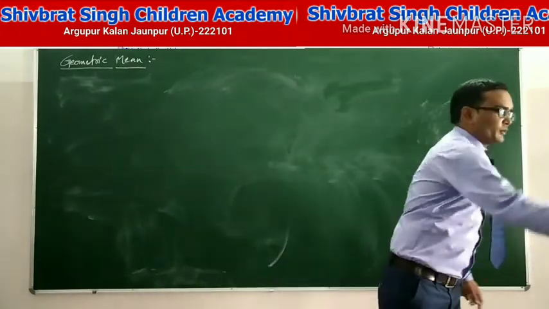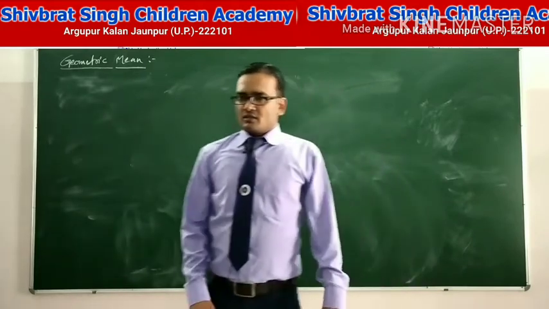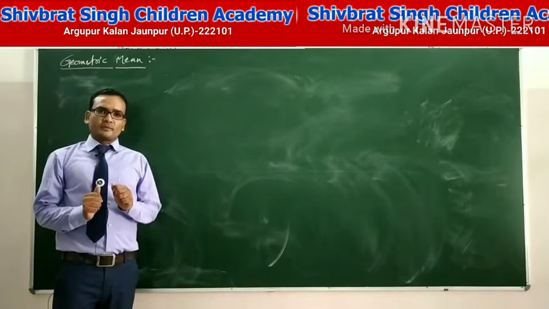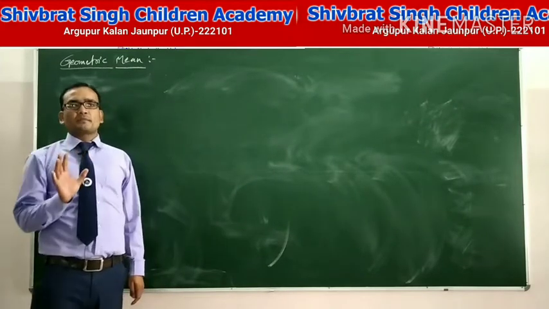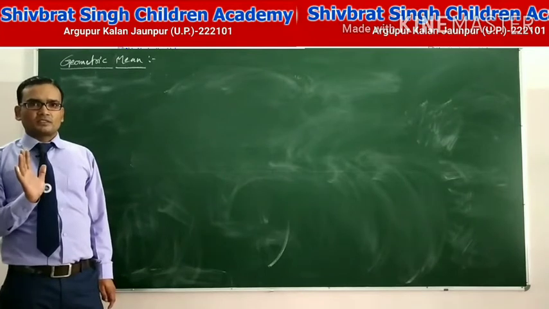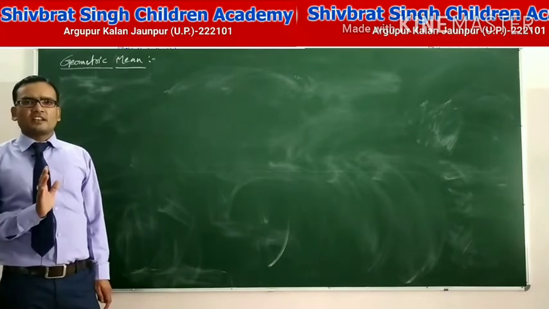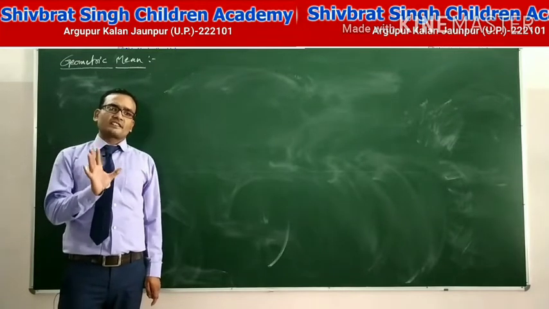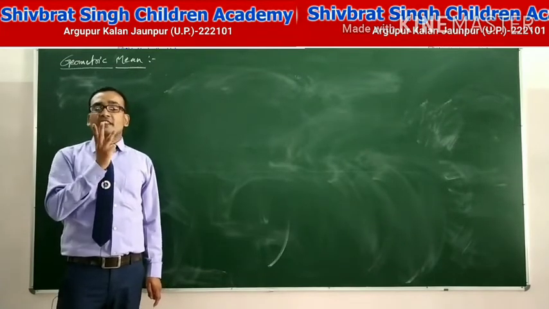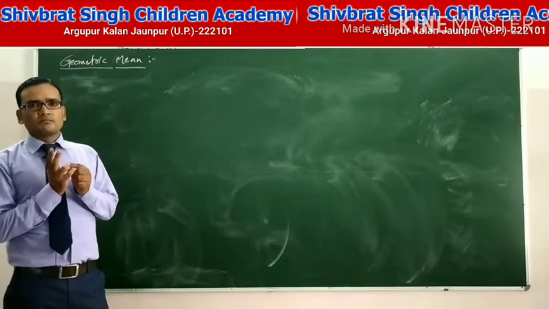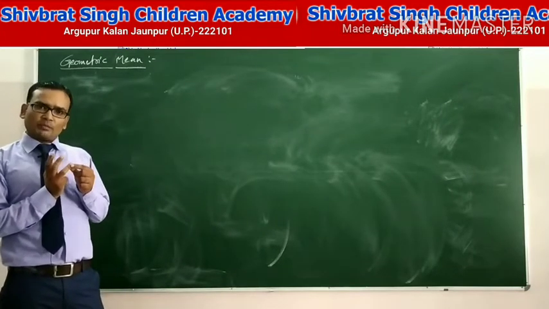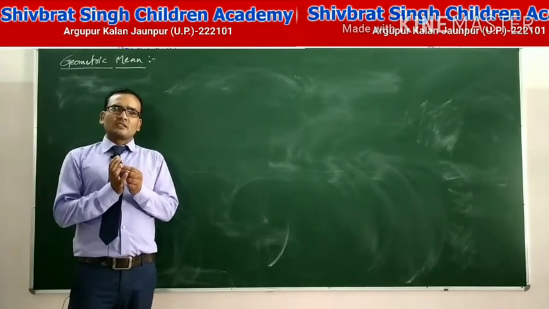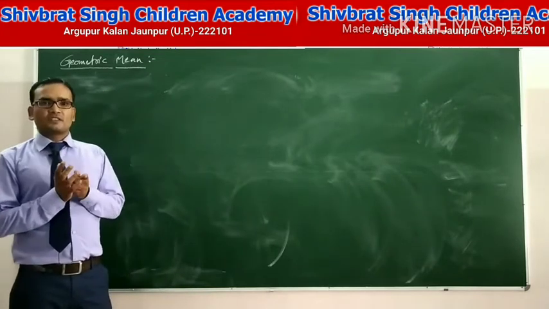Some important points we discuss. How do we find the geometric mean of two numbers? We find the geometric mean only of two positive numbers, and the geometric mean lies between these two numbers, to make the resulting sequence a GP. There are three conditions: the two numbers are positive, and the geometric mean lies between the two numbers, and the geometric mean together with the two numbers forms a GP.